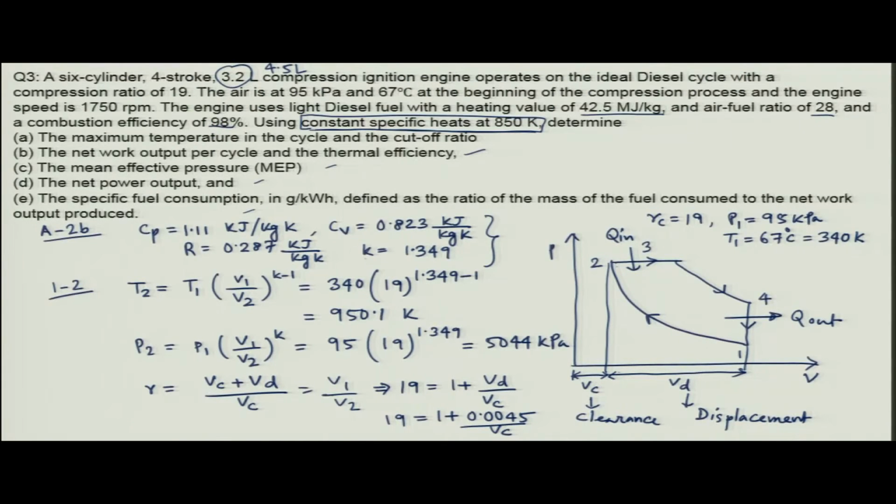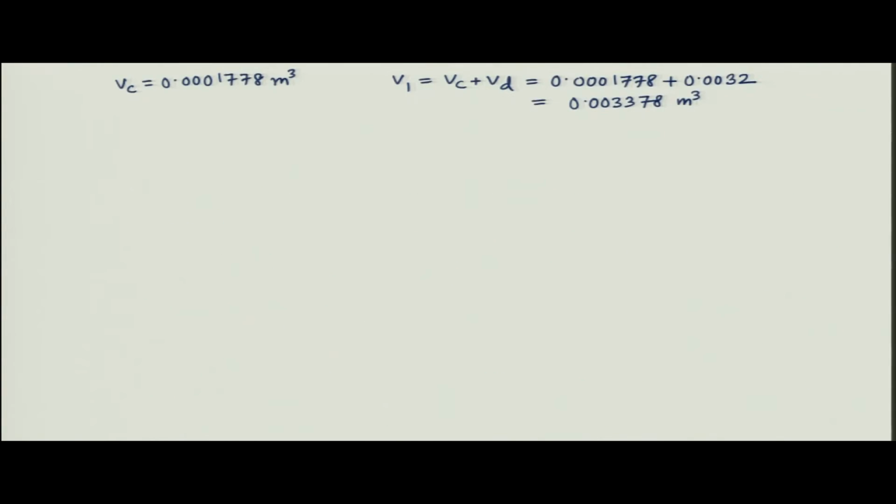I think this is correct. This should be 3.2 liter, right. So, 3.2 liter is 0.0032 meter cube, that is why we have written. So, from this if you solve, you will get V clearance as this, and V1 is the initial volume before the compression stroke, which is basically Vc plus Vd. So, you add it up and this is the V1, right. Sorry for the confusion. I think it is now resolved. So, this is the V1, that is the volume at the beginning of the compression stroke.